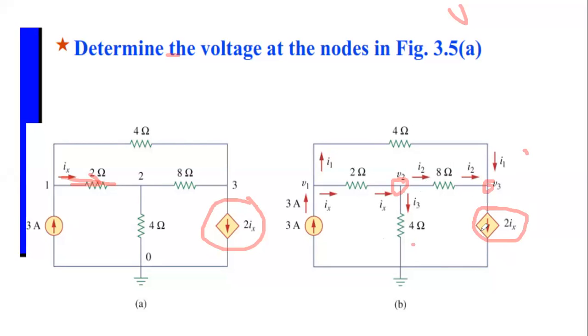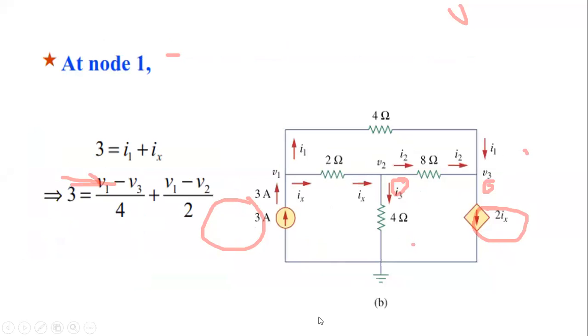This is the current source. So the last equation will be I2 plus I1 is equal to 2Ix. So we can see here again, whatever we set, those things are there. So first equation is 3 is equal to I1 plus Ix. So